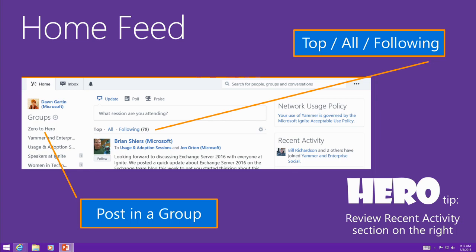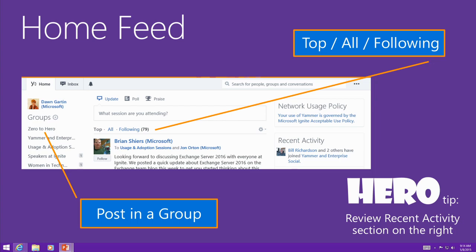So any public post in any public group would show up in that feed. So that's really drinking from the fire hose. And then following are the very specific things that you've chosen to follow, such as topics, documents, and people. And then the little cog on the right is where you can change that default for yourself. So for me, I tend to go between top and following depending on what I'm interested in. So if I want to change that setting for the next time, I go to the cog and then I can say use that setting and it will stay on that. And then again, I'm in charge, so down the road, if I don't want that, I want something else, I can just change it back.